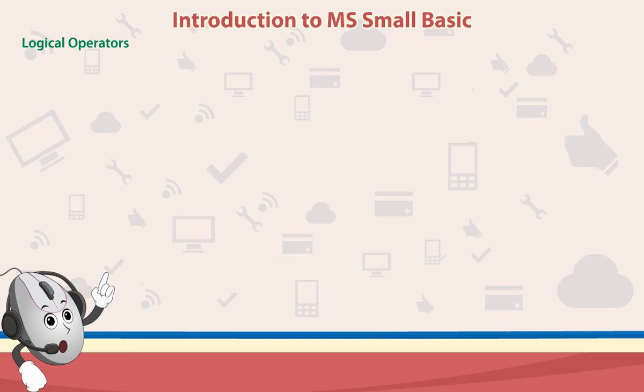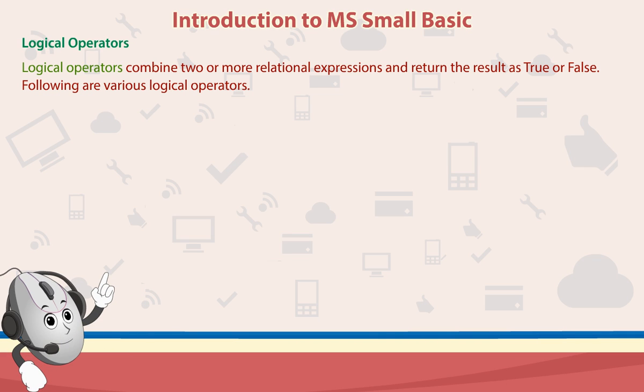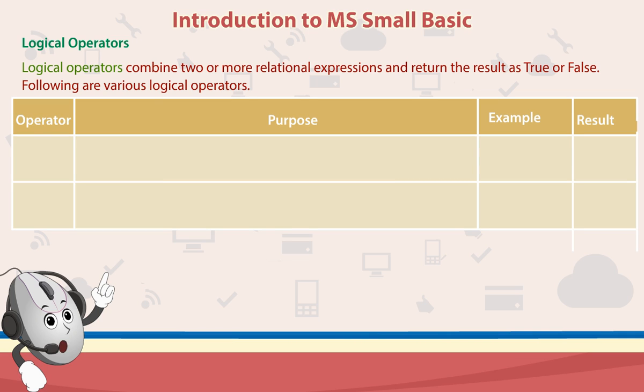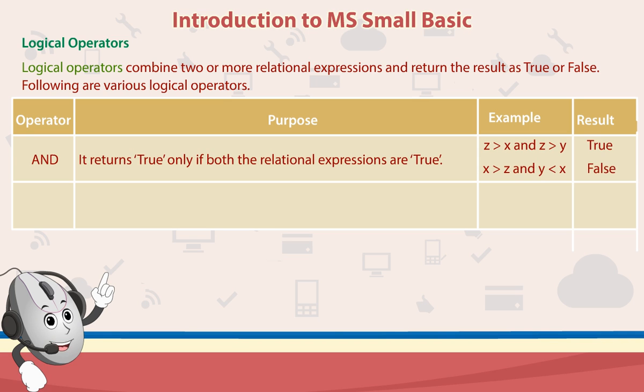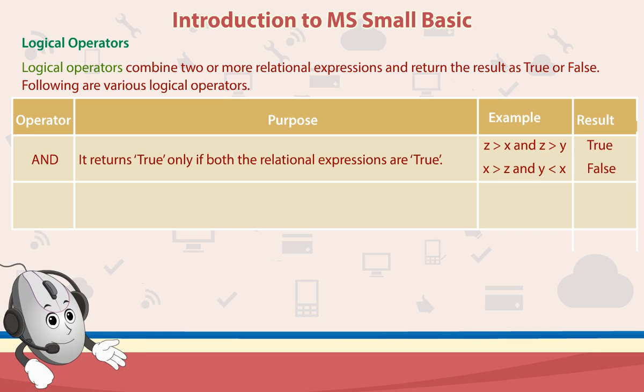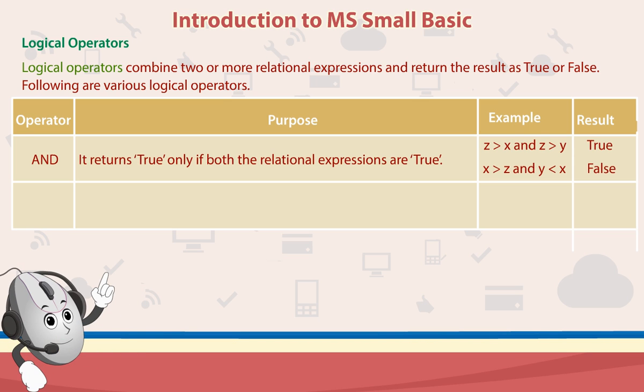True. Logical operators. Logical operators combine two or more relational expressions and return the result as true or false. Following are various logical operators. Operator, purpose, example, result. And: it returns true only if both the relational expressions are true. z is greater than x and z is greater than y: true. x is greater than z and y is less than x: